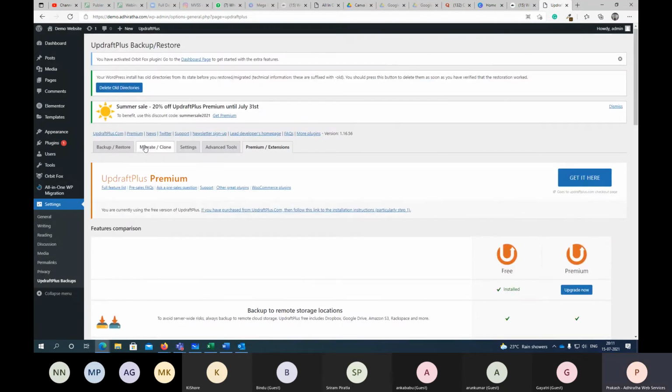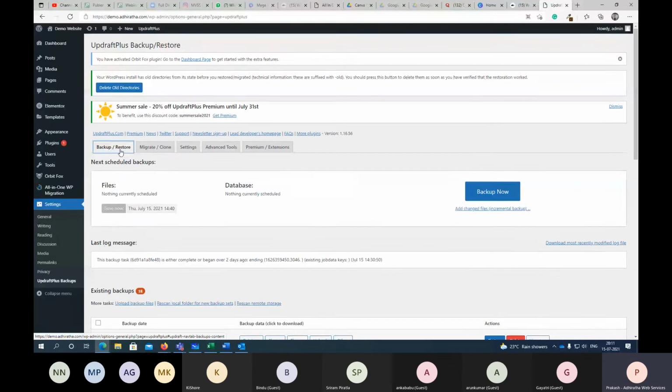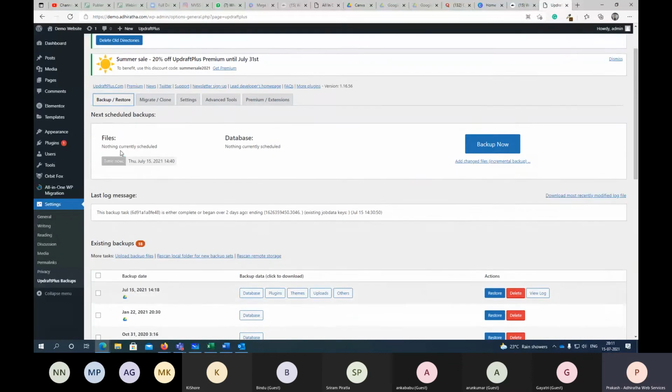Okay, fine. There are a lot of other things, guys. Once you start practicing, you will get to know. But this is one of the plugins which I came across and it works like a charm. Many times it saved us. In a few companies where I worked, websites got hacked, the complete website was hacked. We were able to restore it using many things like this, like security plugins, etc.